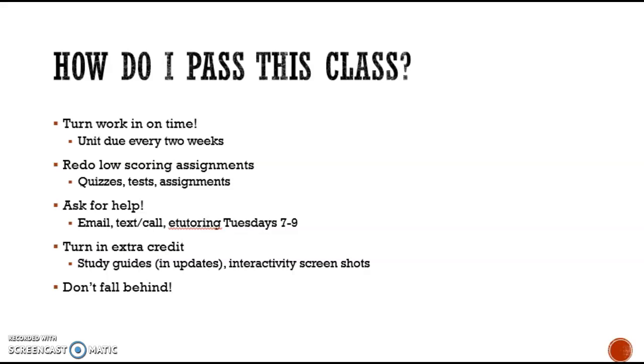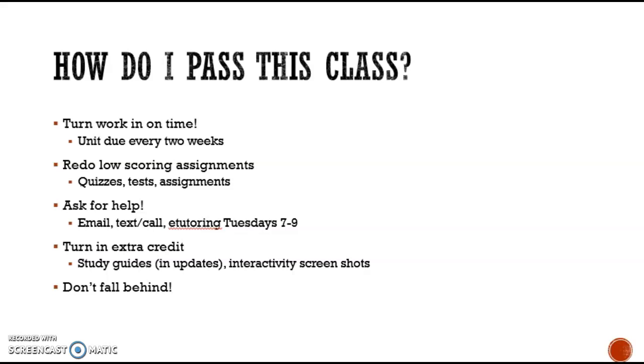But we do have 8 units and they're due every 2 weeks. So try and make sure that you're working on stuff earlier in that 2-week period in case you encounter any sort of tech issues or there's questions that you might have about the assignment and you need to get in touch with me and communicate with me so that you understand the assignments. So my suggestion is that you set up a calendar, you have specific days that you work on the class, you start early in the week and you check back in every so often and make sure that you get those units in on time.